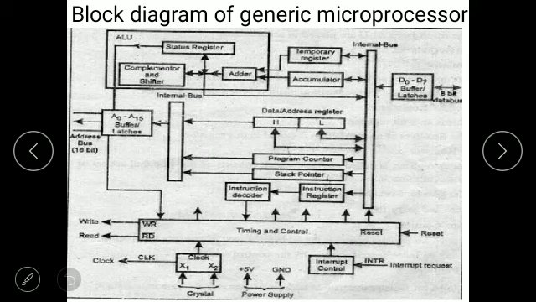This diagram is most important because this diagram comes for the exam for 4 marks. Now see students, the question comes either to draw a block diagram of generic microprocessor or draw the block diagram of 8085 microprocessor. You should not get confused between these, because these two diagrams are totally different from each other. The diagram I am showing you now is the block diagram of generic microprocessor, and the block diagram of 8085 is different. Now let us concentrate on generic microprocessor.